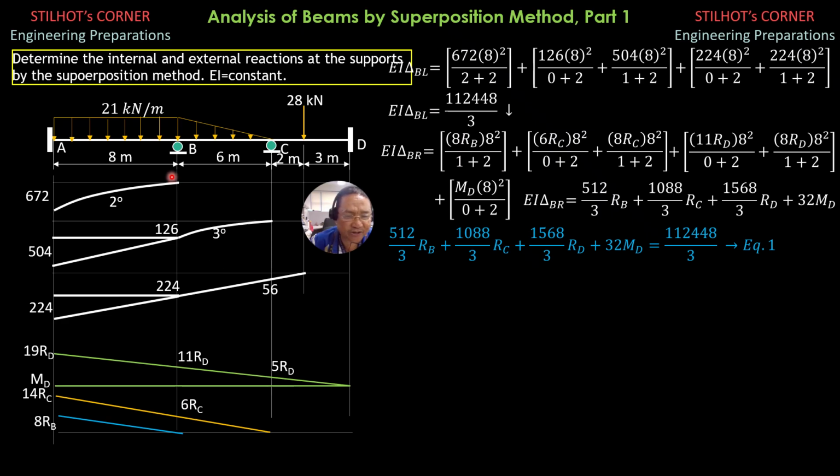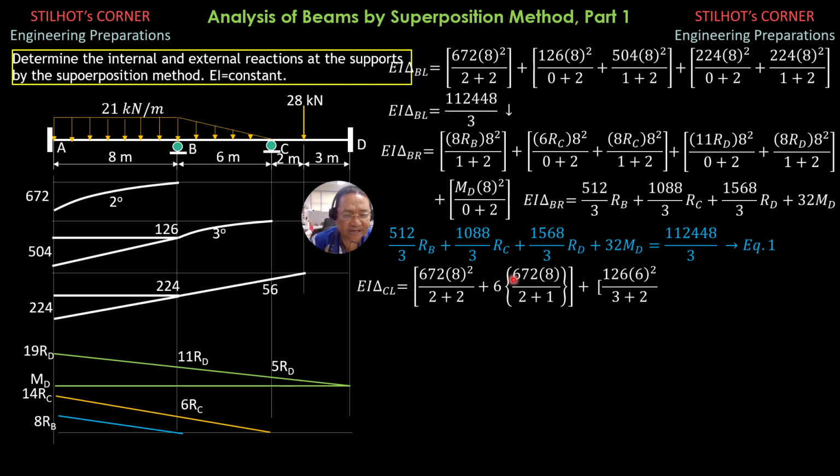So we consider moment diagrams for this part. For this 672 here, due to deflection and due to additional deflection due to the slope at B. So quantity EI delta C due to the load is 672 times 8 squared divided by second degree plus 2, plus 6 times theta B, and theta B is moment 8 over second degree plus 1, then plus this third degree moment diagram by parts,